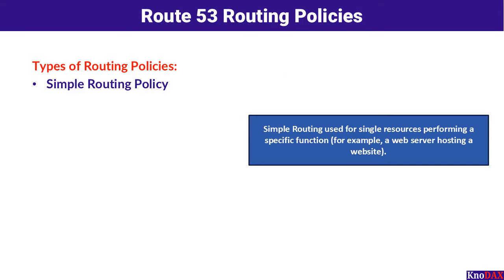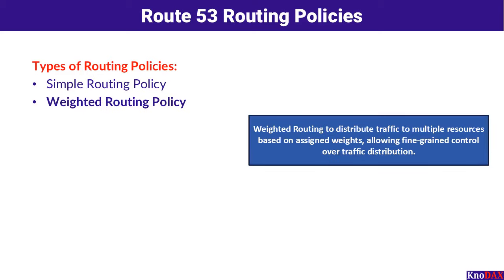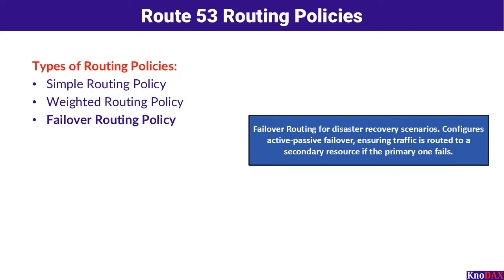Route 53 supports several types of routing policies to address different use cases. Simple routing is used for single resources performing a specific function, for example, a web server hosting a website. Weighted routing distributes traffic to multiple resources based on assigned weights, allowing fine-grained control over traffic distribution. Failover routing, for disaster recovery scenarios, configures active-passive failover, ensuring traffic is routed to a secondary resource if the primary